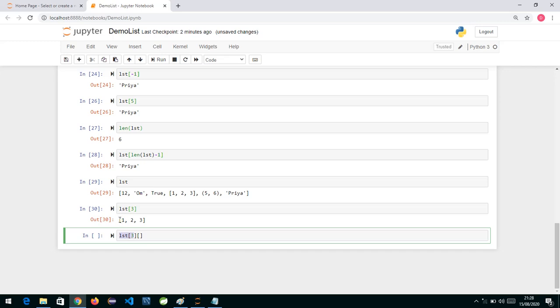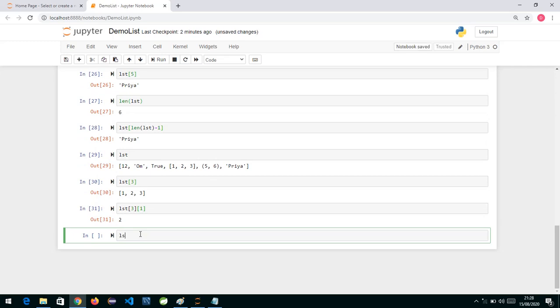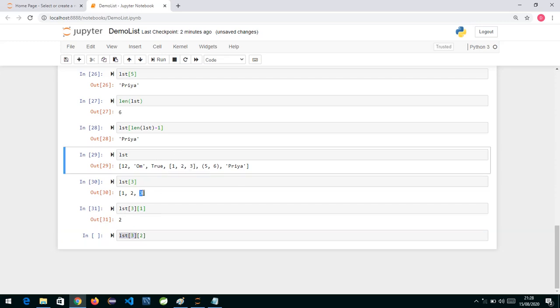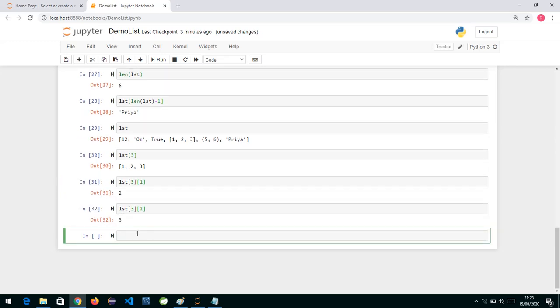So when you write this, you will get this list in output. From this list I want the element at index 1, so I'll specify 1, and now you will get the element 2. This way if I want to get the third element, what we can write is LST of 3, and then I will write 2. So what is happening is that from the current list I am getting the third element first, and from the third element I am getting the second element, that is 0 1 2, again we are getting over here that is 3.